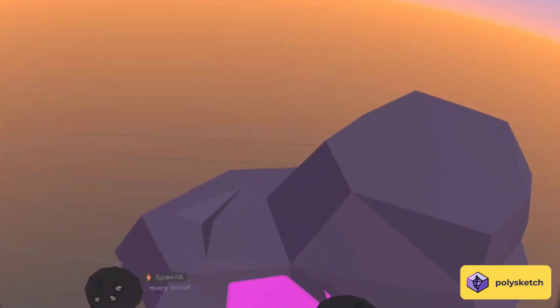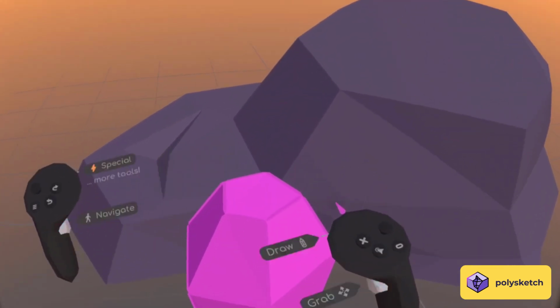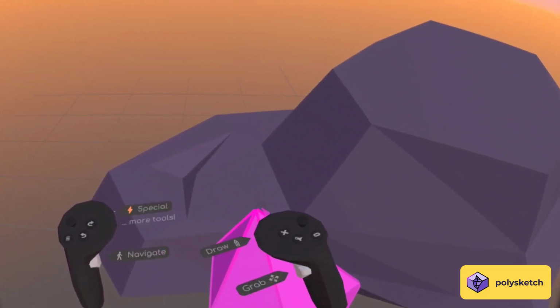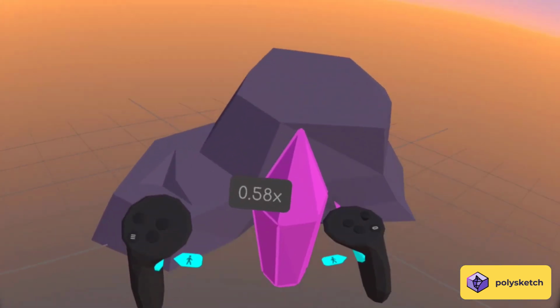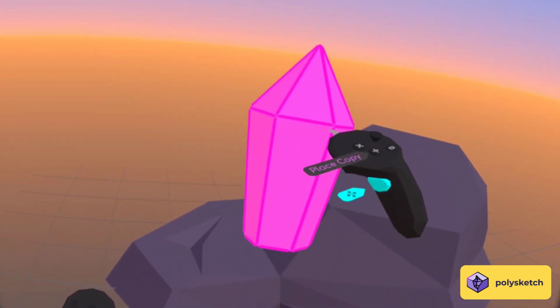Scale that so I have a second sort of loop, and then scale the very top in, but I'm just gonna collapse all those points to get a nice pointy top to the crystal. And there it is. So I can maybe fix that a little bit more,